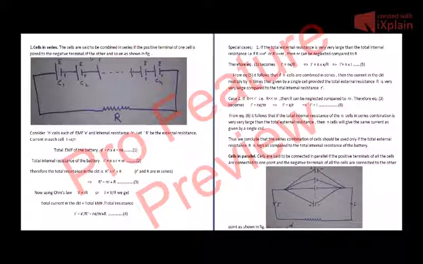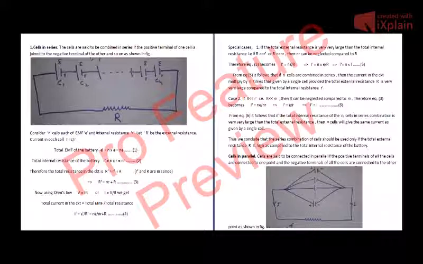So what does it mean? n cells give the same current as is given by a single cell, so current will not multiply, it will not increase at all. Why? The condition is if the internal resistance of the cell is larger than the external resistance, then we should not use series combination of cells, because if you use 10 cells, 20 cells, they will give the same current as given by a single cell. Only you have to see if the external resistance is larger than the internal resistance of the n cells. If that is the case, then you can use the cells in series combination. If the internal resistance is larger than the external resistance, then never use these cells in series.